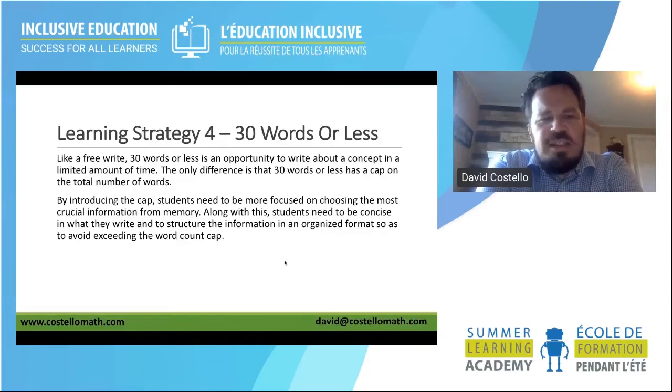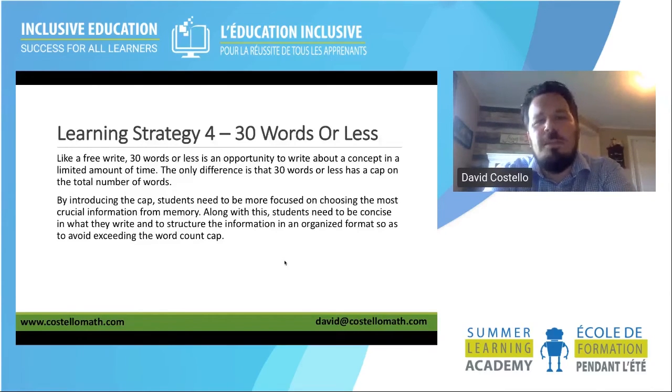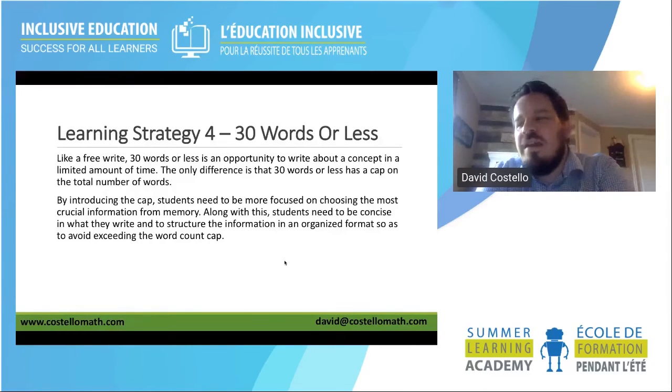Along with this, students need to be concise in what they write and to structure the information in an organized format so as to avoid exceeding the word count cap. So all four of those strategies, dual coding, compare and contrast, free write, and 30 words or less, you can pull those out at any time, and you can have students engage in those strategies for concepts that